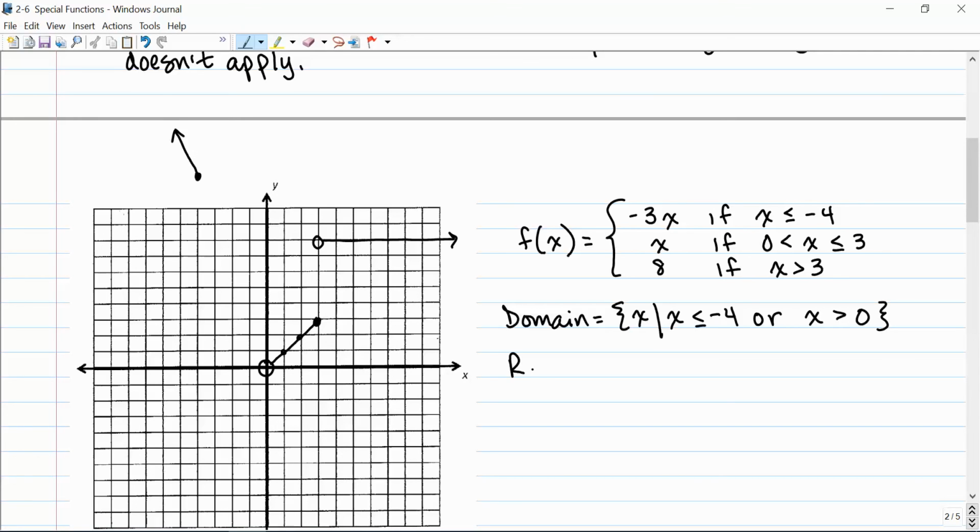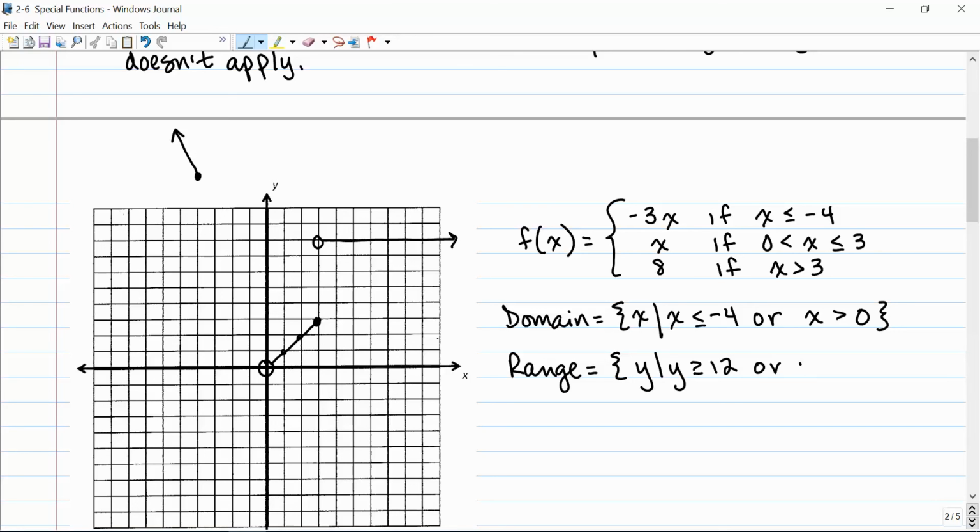And our range is going to be any of the y values, whatever y can be. We can use y or f of x, it doesn't matter. I'll go ahead and use y. The set of all y such that y is, so what can y be? Y can be anything greater than or equal to 12, because that's this part of the graph right here,